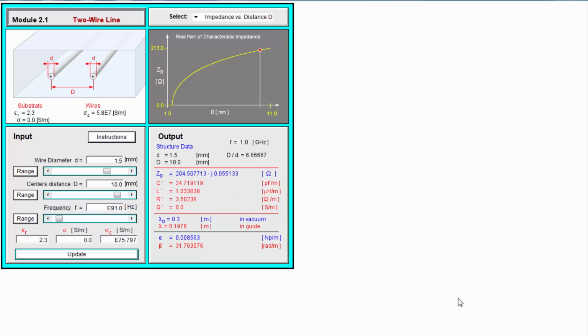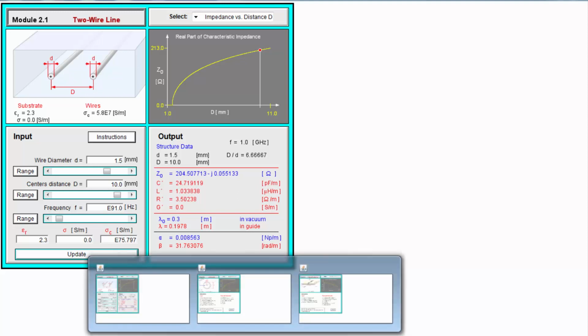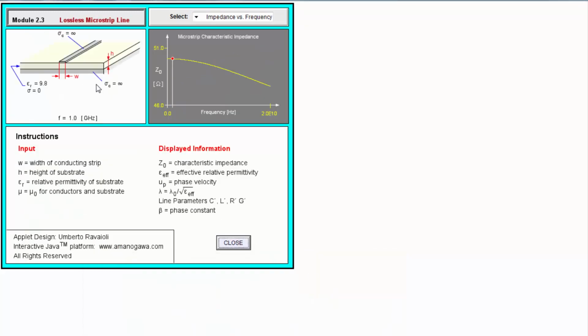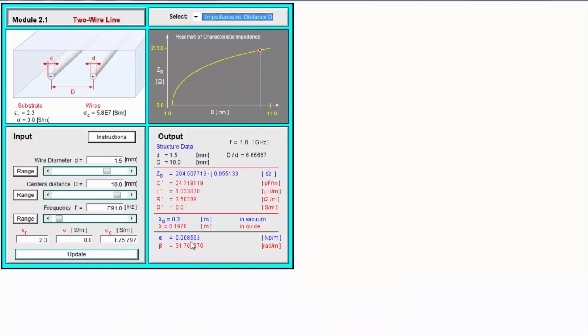In this part and the next ones, we will demonstrate examples of different transmission lines like two-wire or coaxial cables or microstrip line, and also we will explain how the characteristic impedance of any one of these transmission lines could be calculated